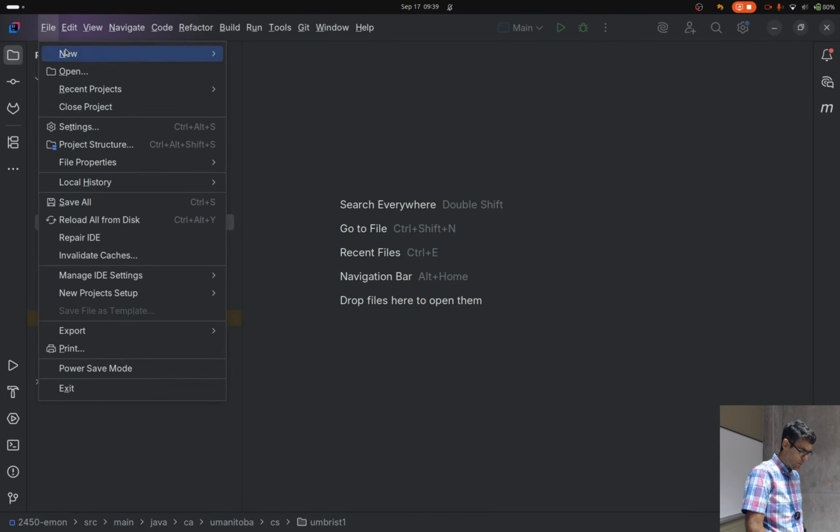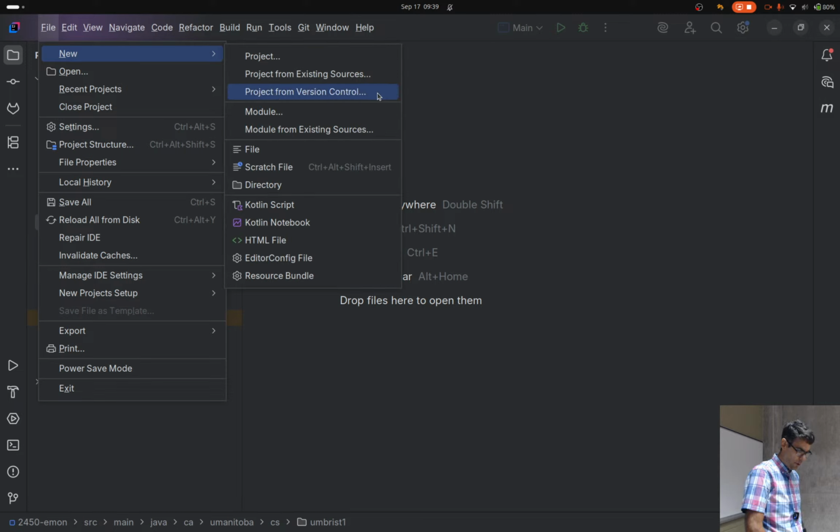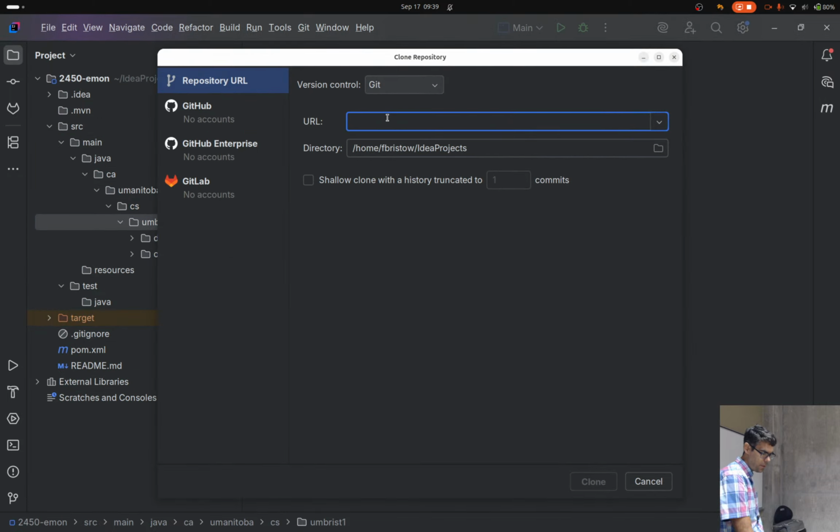And what I'm going to do is I'm actually going to import a project from version control. I put a link to the repository that I'm going to start from under today's lecture notes on the course webpage for our section. But if you want to follow along with me here now, I will just say what I am typing so that you can type it along with me. So I'm going to be cloning this from a Git repository. And the URL that I'm going to type in here is